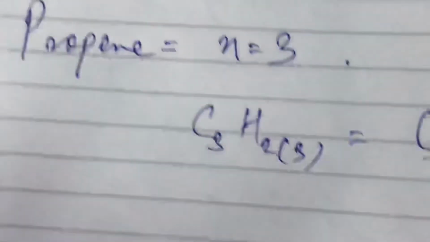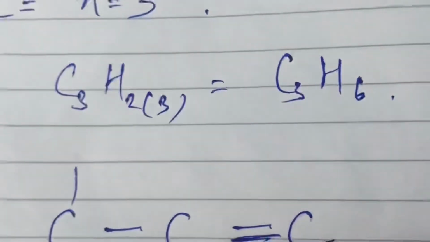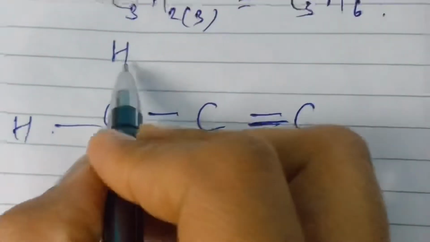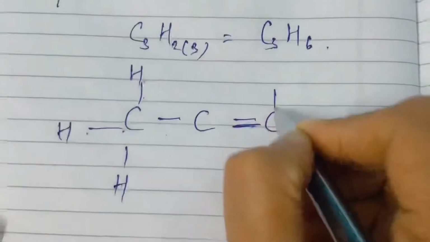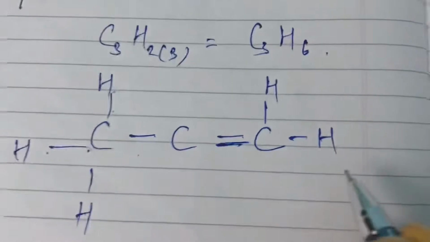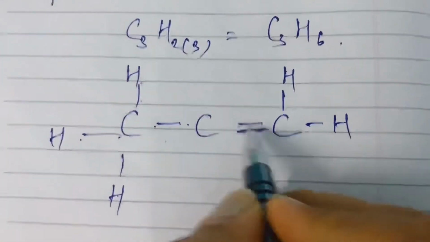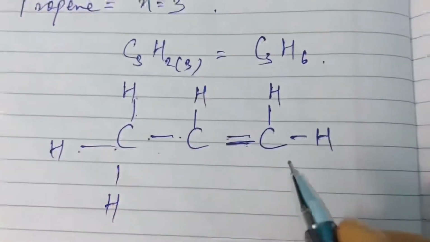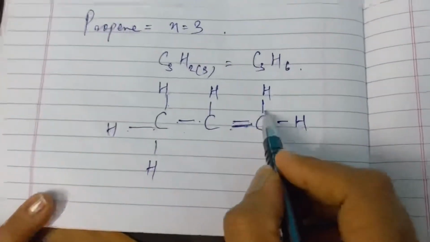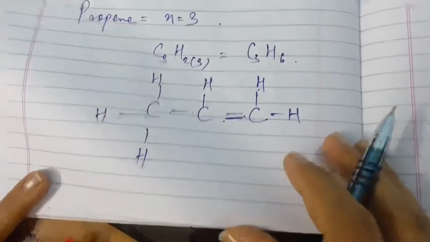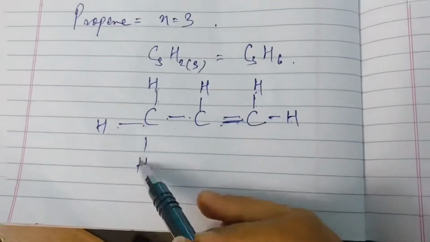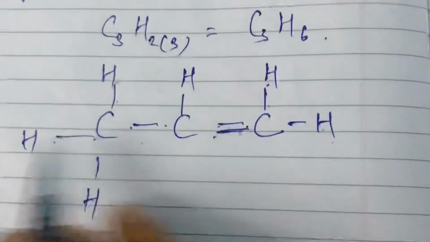Now hydrogen is having 6. We are having 6 hydrogens. Let's put these hydrogens 1 2 3 4 5 6. So the octet is complete. Here the other hydrogen, let's see, 1 2 3 4 5 6 7 8, complete. So how many hydrogens do I have? 1 2 3 4 5 6, completed.